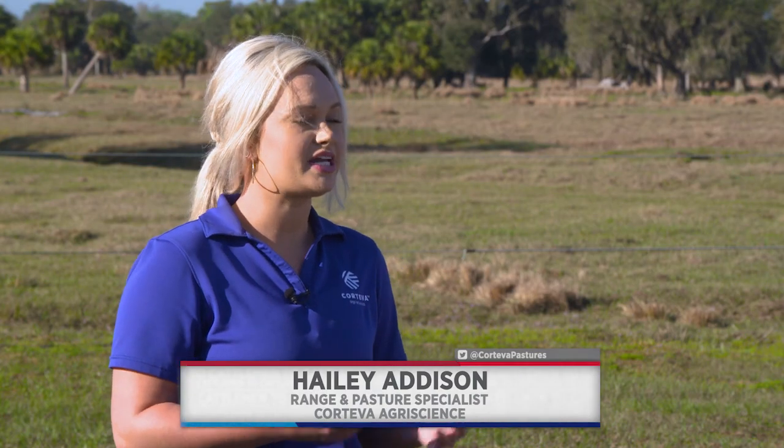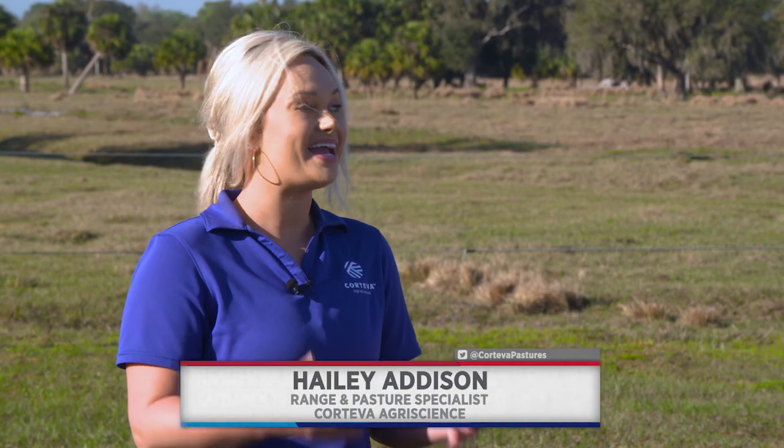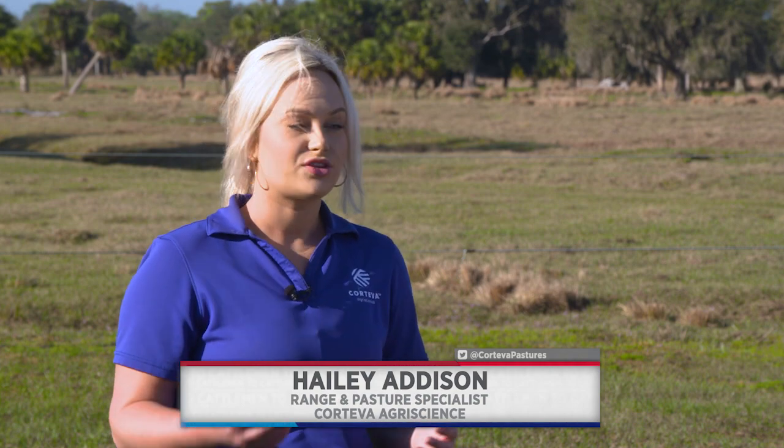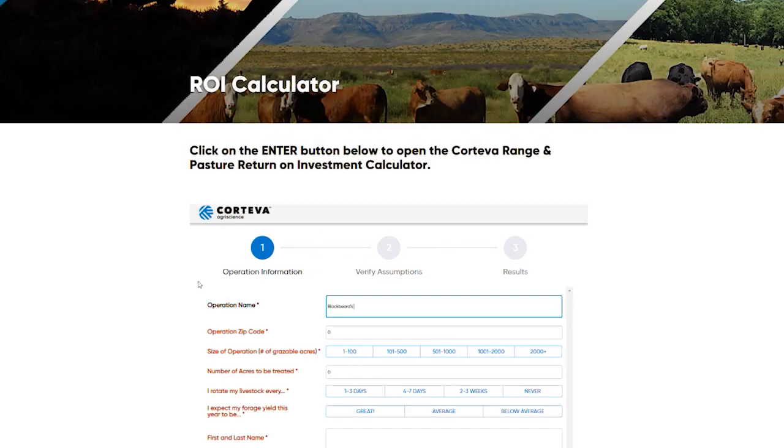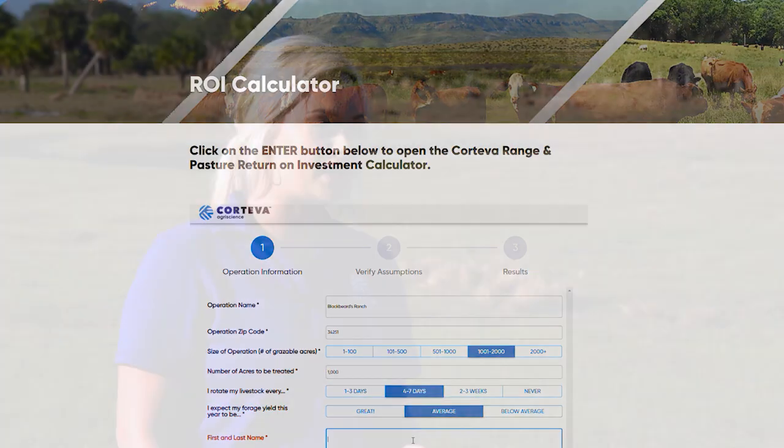When we're considering our input costs, our fuel costs, and the man hours it takes to mow, the ROI is just not there. And you actually don't have to put pen to paper. We have a really neat tool available that does all that math for you. It's an ROI investment calculator on mowing versus spraying. You put in the numbers for your operation and it tells you exactly how much money you may be leaving on the table by mowing instead of spraying. And that tool is at